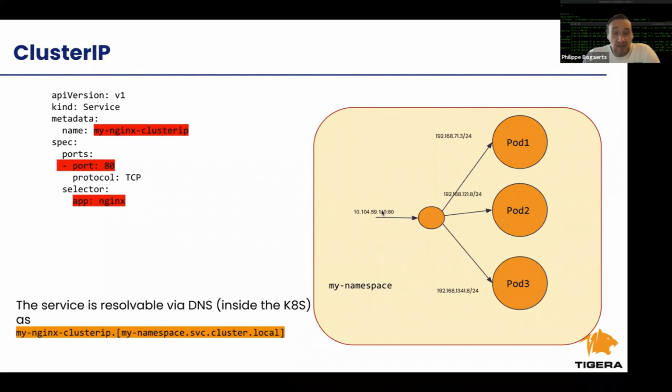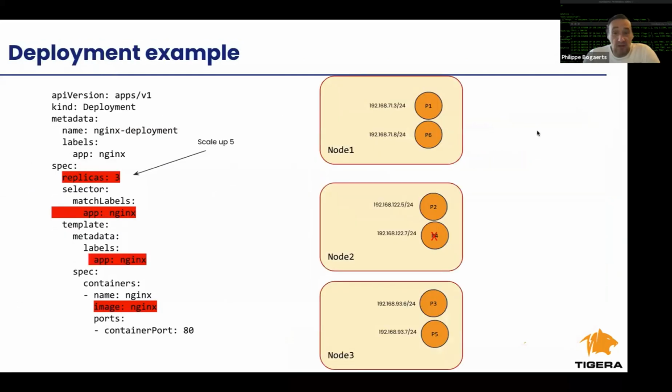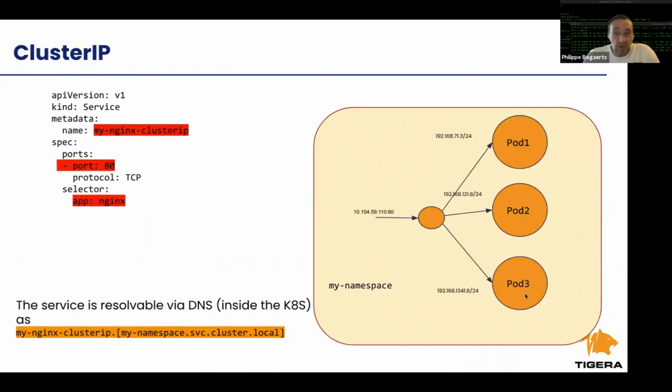If I take the example I just had, where my pods are on different nodes, we're now going to think away the nodes, but remember that pod 1, pod 2, pod 3 can be essentially everywhere inside the Kubernetes cluster. The pods still have their IP addresses assigned by the Calico CNI in this case. When we define the cluster IP address, you can see there is another strange IP address, a service IP address, which is the IP address that will abstract the services. That means if you connect to, in this case, 10.104.59.110 in some way,